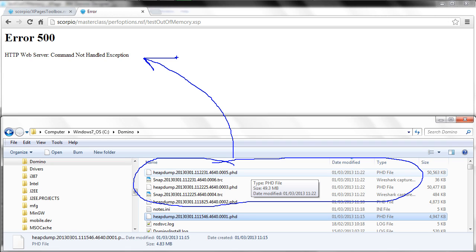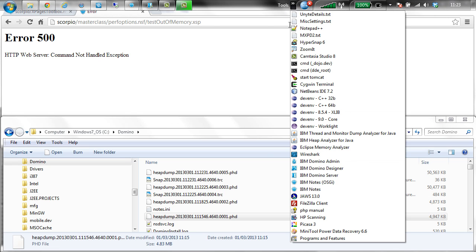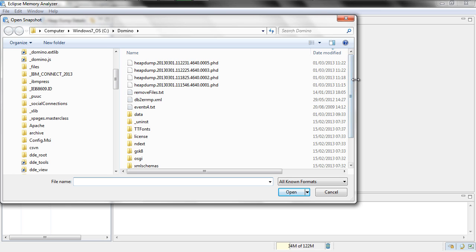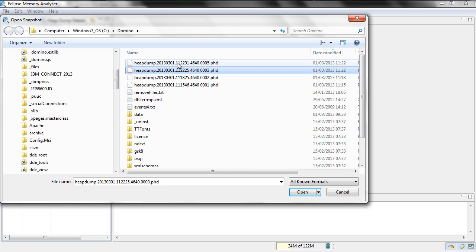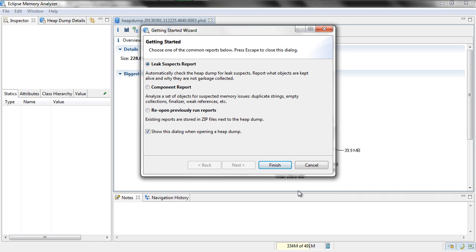So what is interesting now is to use a third-party tool, such as the Eclipse Memory Analyzer, to now analyze those generated heap dumps. So if I just open up my Eclipse Memory Analyzer, and now proceed to open up one of the generated heap dumps that we have just seen. So here we can see the 2 latest versions. So what I'll do is open up the first of the 2. And the Eclipse Memory Analyzer now analyzes the file and gives us back some useful information that we can then drill down upon to try to identify the out-of-memory